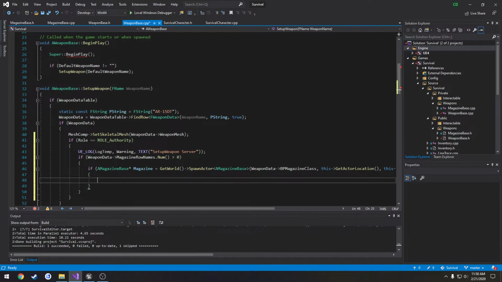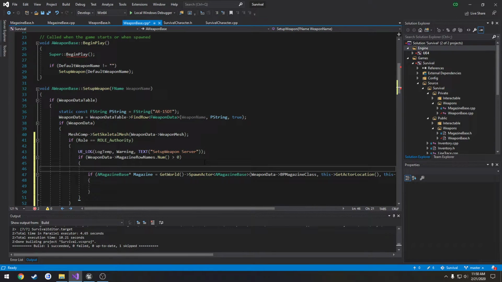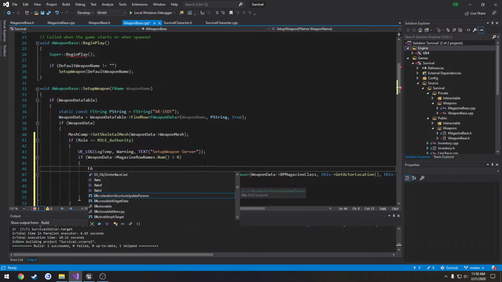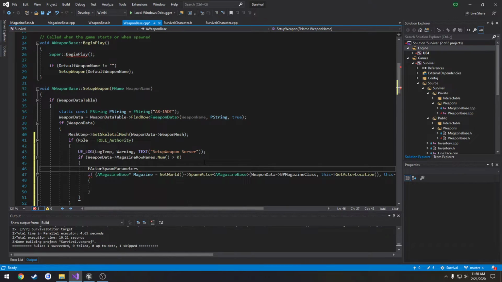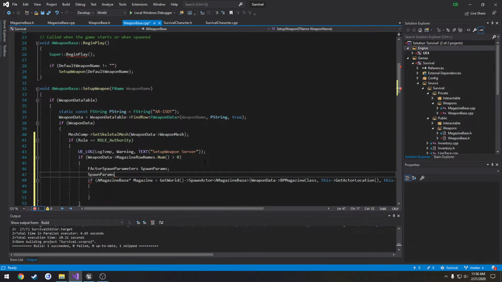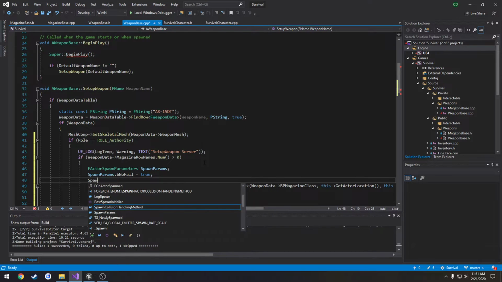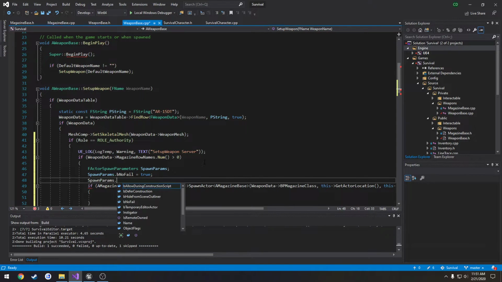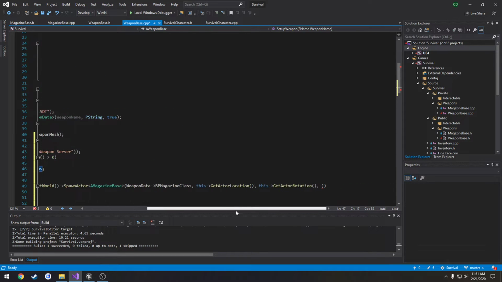So I'm going to go ahead and make a set of spawn parameters. So it's FActorSpawnParameters, spawnParams. spawnParams dot, I want to be no fail, set that equal to true, and I want to set the owner to equal this. So the owner of the magazine is going to be the weapon. All right, then we pass in spawnParams as our last parameter,